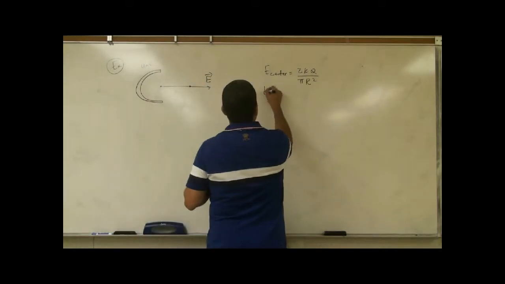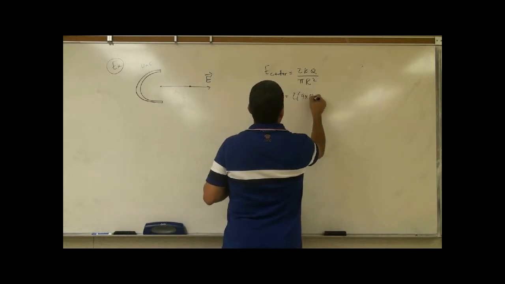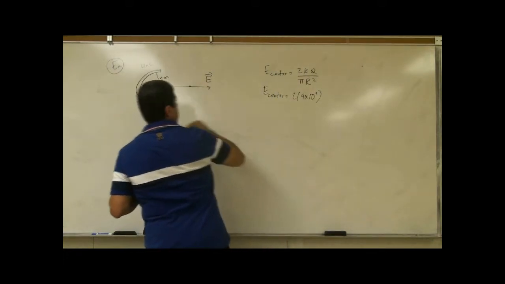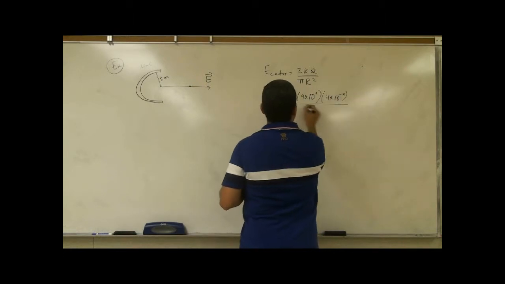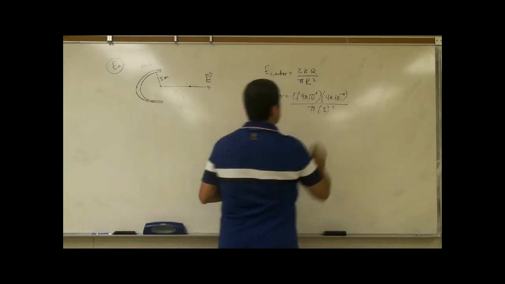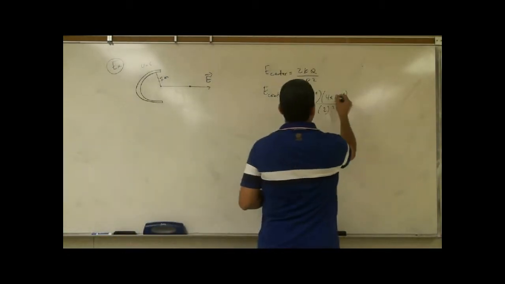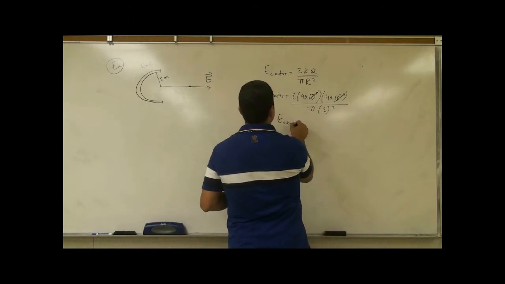videos. Okay. So the electric field should be 9 times 10 to the 9th. So it's a 2 meter radius rod. So 4 times 10 to the minus 9 over pi times 2 squared. So what is the electric field going to be at the center? 10 to the minus 9, 10 to the minus 9 cancel. You have E center